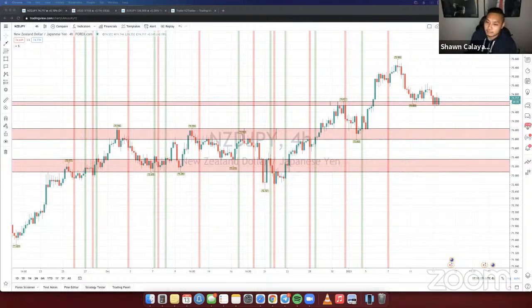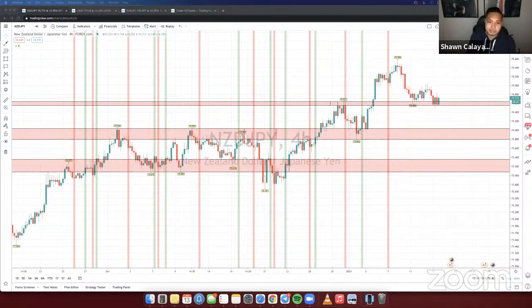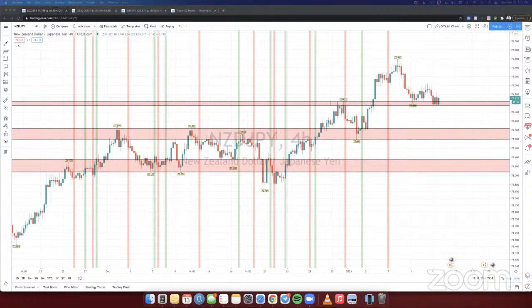It was another girl, for the US 30 position yesterday actually. Oh, the one that hit stop loss. You know how I hit stop loss and it went straight to TP. She asked me, are you still in position? I was like, oh no, I hit stop loss. It spiked down and then shot right back up. She was like, oh, okay, cool. Because I had my mental stop loss there, and I forgot to take a look, and then I saw the spike down, but now I'm in profit. I was like, the hell? You're in profit? That's funny.